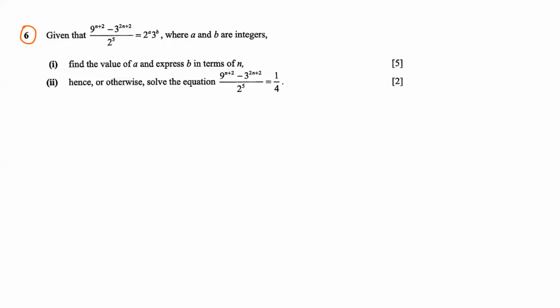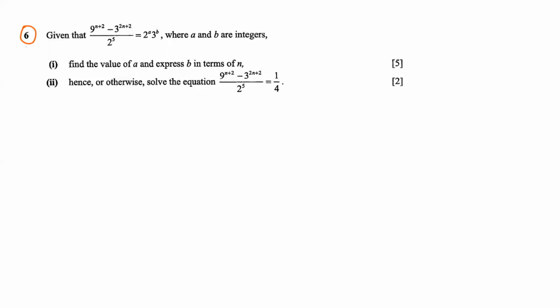Hello. Let's take a look at question 6, and this is taken from Kang Secondary School, end of year paper 2018, paper 1. Given that 9 to the power of n plus 2 minus 3 to the power of 2n plus 2 over 2 to the power of 5 is equal to 2 to the power of a multiplied by 3 to the power of b, find integers a and b